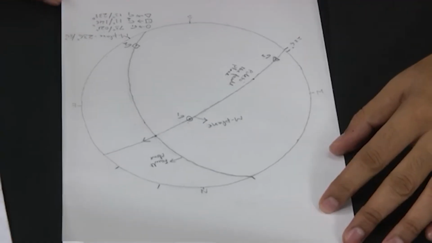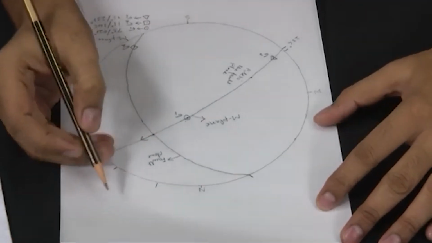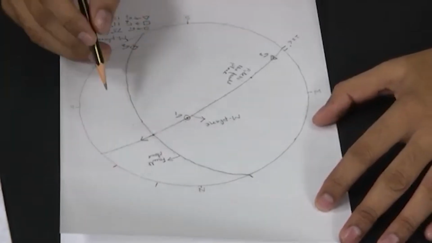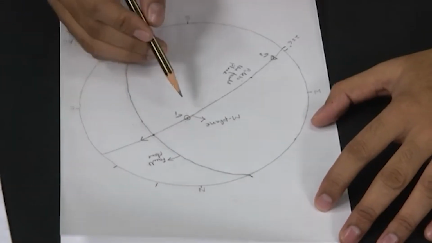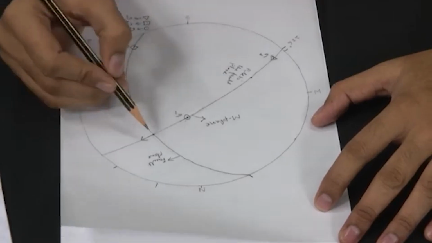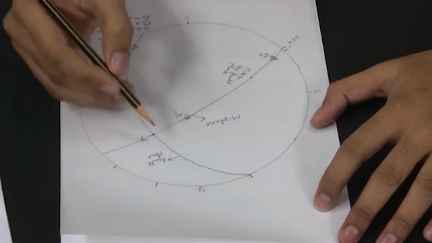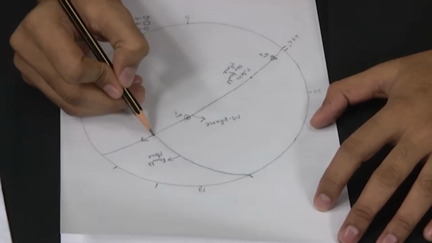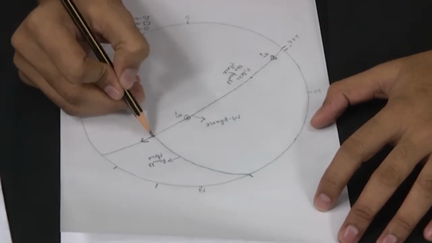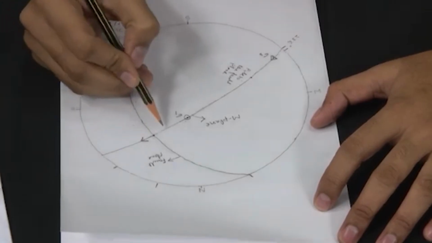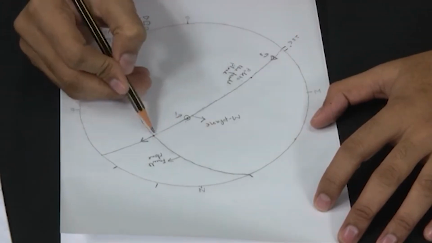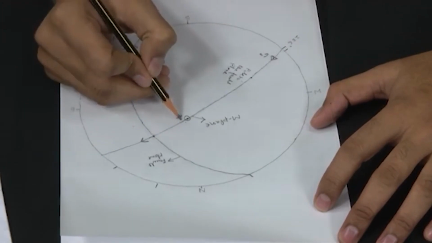So, this is the complete solution of this fault plane, and the stress orientation which causes this normal fault to occur. This is a normal fault, so the movement of the fault plane should be towards the dip direction, and sigma 1 should be counted opposite to the dip direction at 30 degrees